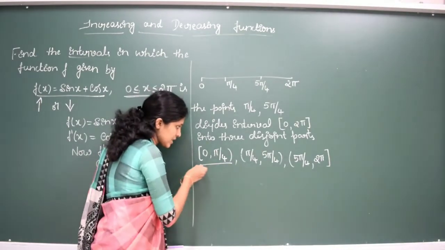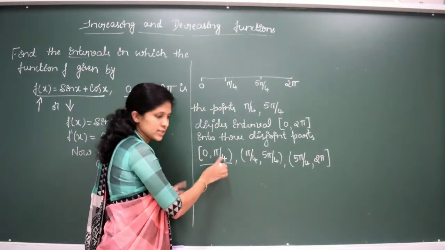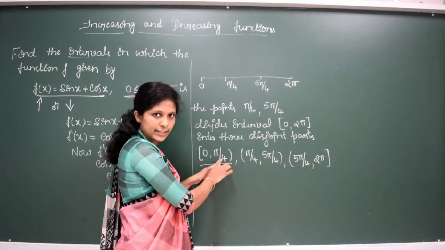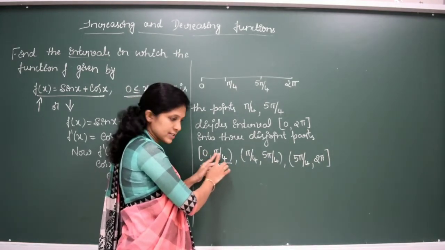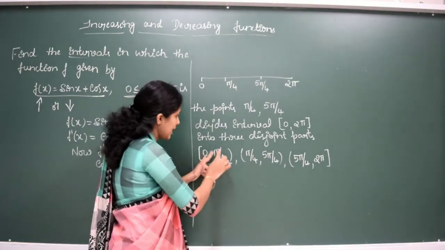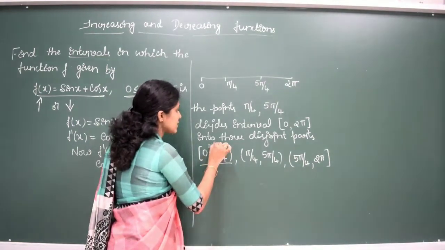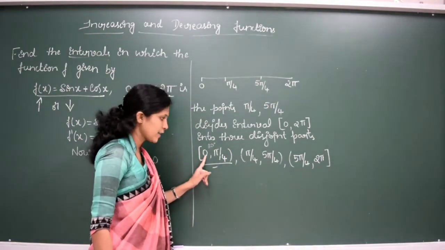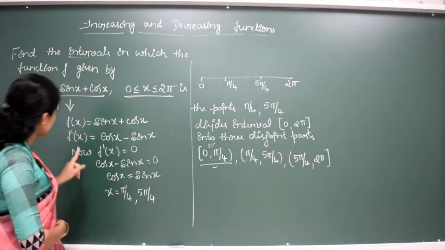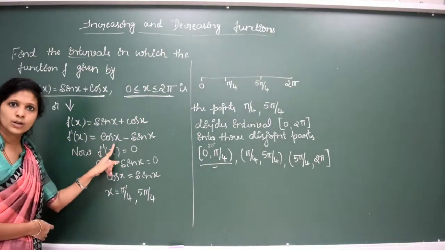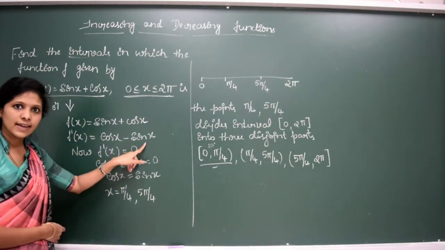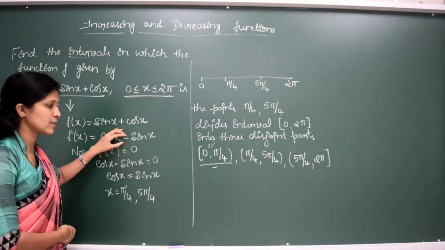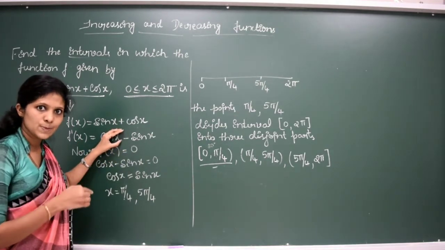Let us consider this one. 0 to pi by 4 is there. I mean 0 to 45 degrees there, right? 0 to 45 degrees there. Here 0 is also included and in between 30 degrees there, right? 30 degrees is a known angle. If I substitute 0, what happens here? f'(x) is equal to cos 0 minus sin 0. Cos 0 will be 1 minus 0. So it will be 1. We got it as positive, right?